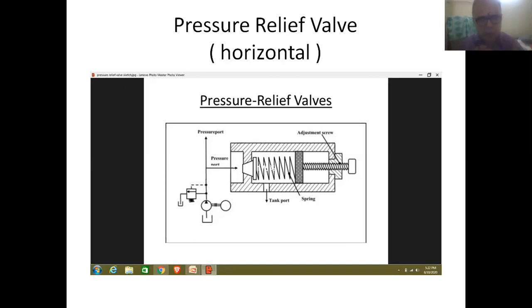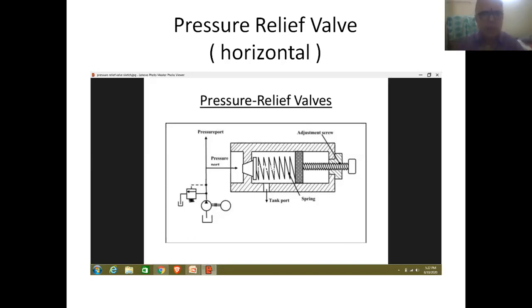On the other hand, if the pressure of the fluid is exceeding the normal limits, then automatically this valve will be coming to open position for sending back the excess fluid into the oil reservoir. So friends, this is about the construction and working of a pressure relief valve.